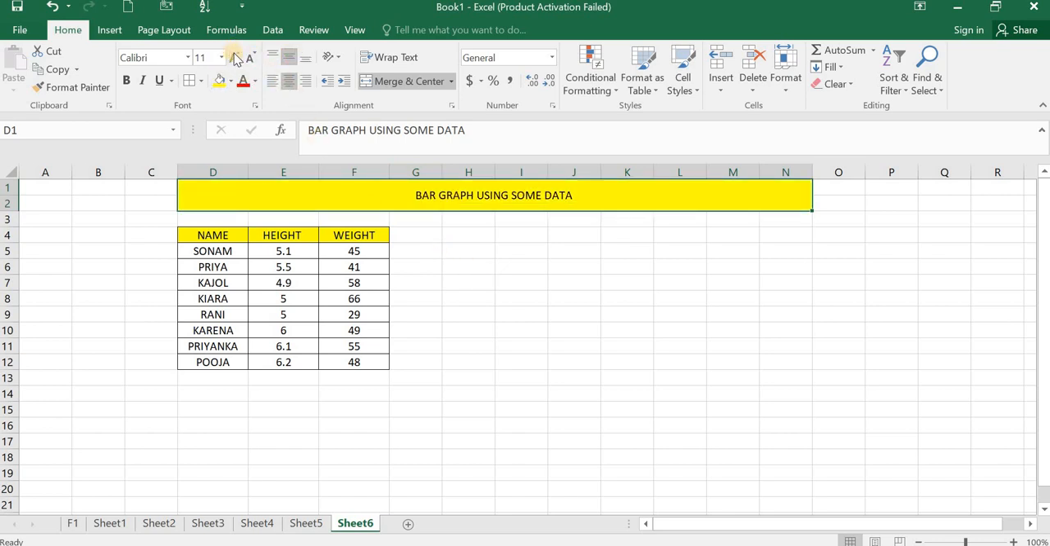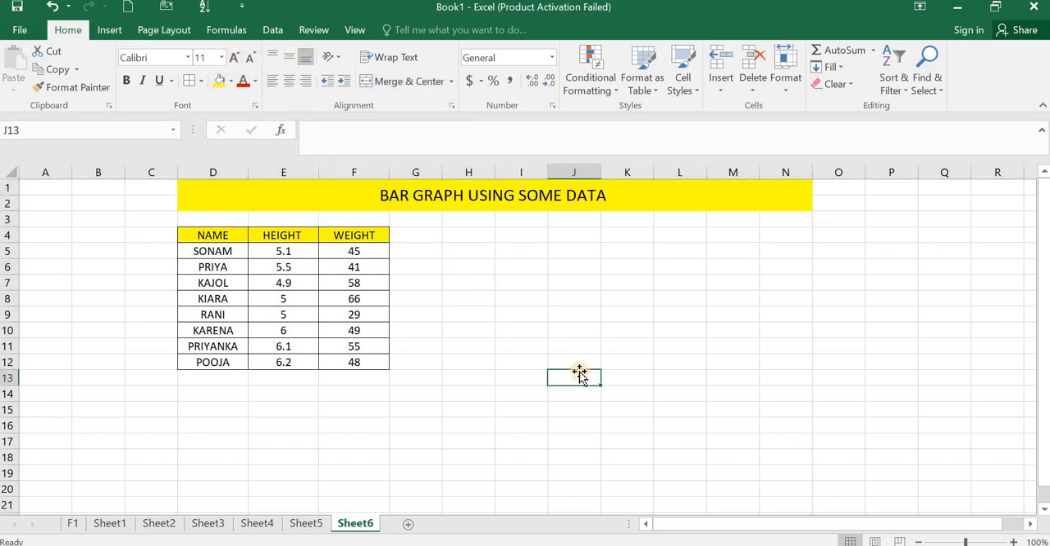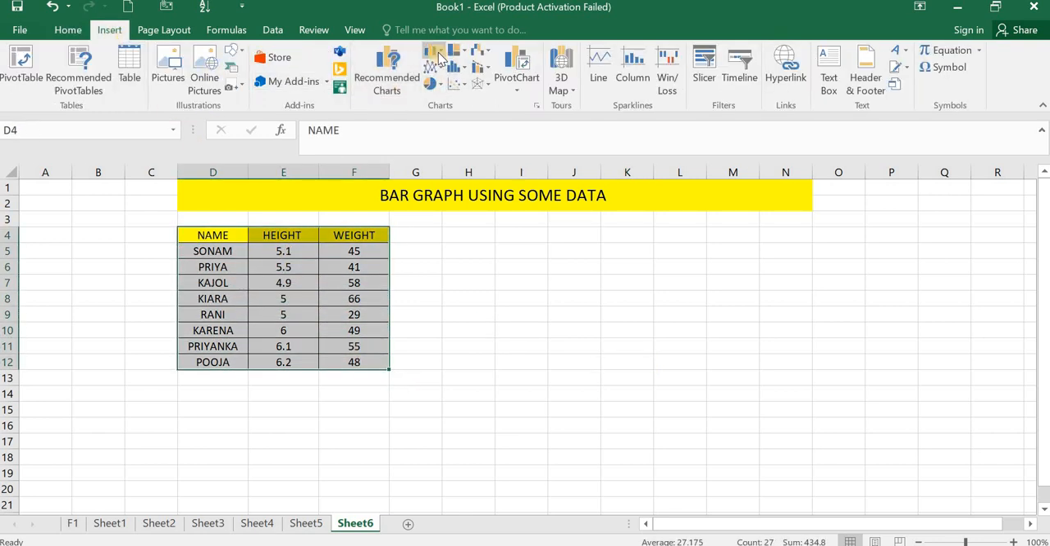First of all, you are having a table: name, height and weight. You should have at least one data point to create a bar graph. Okay, how to do it? Just select this table, go to Insert, select this bar chart,